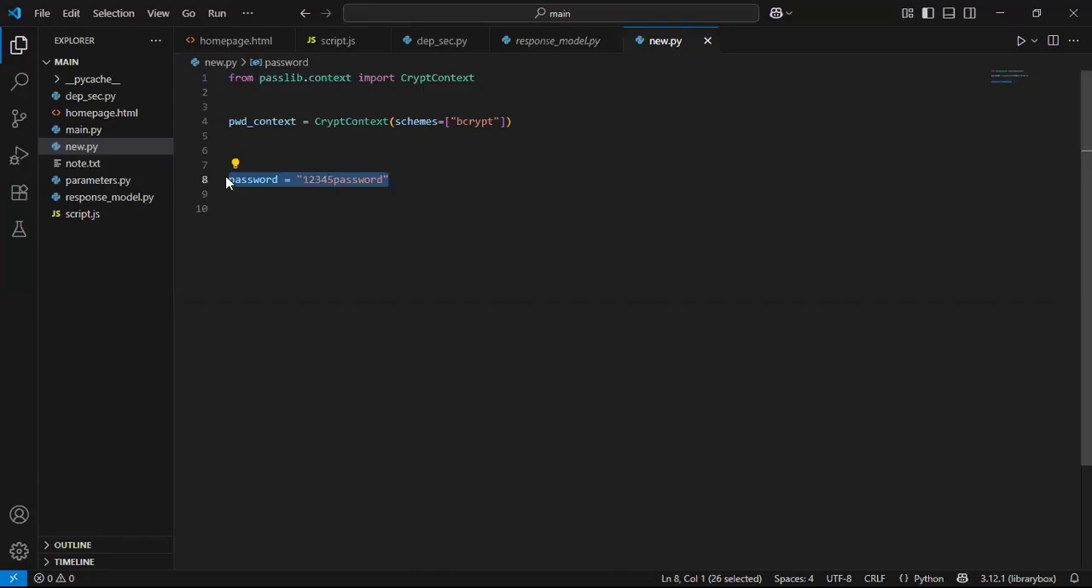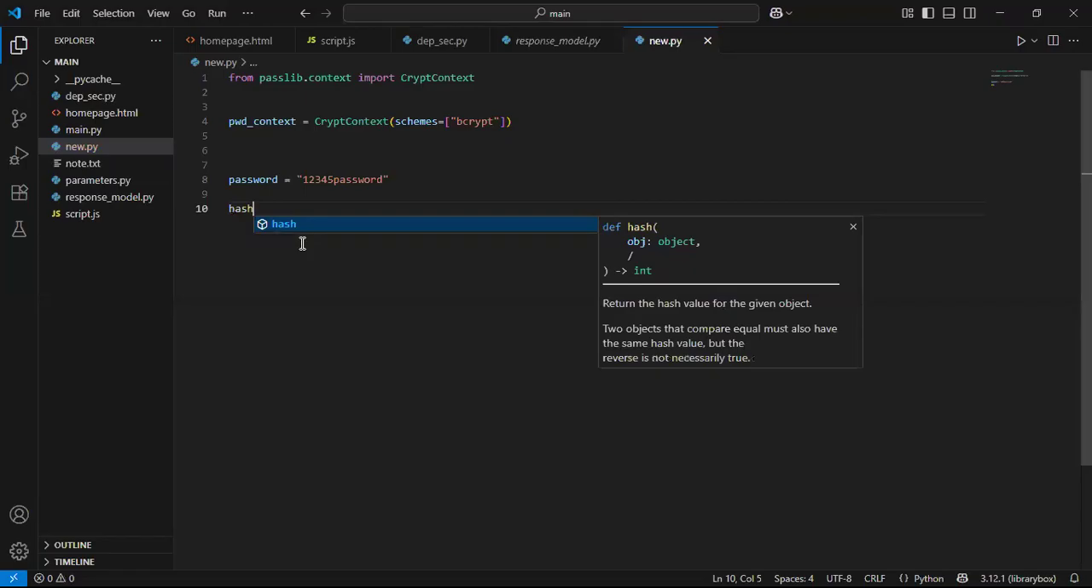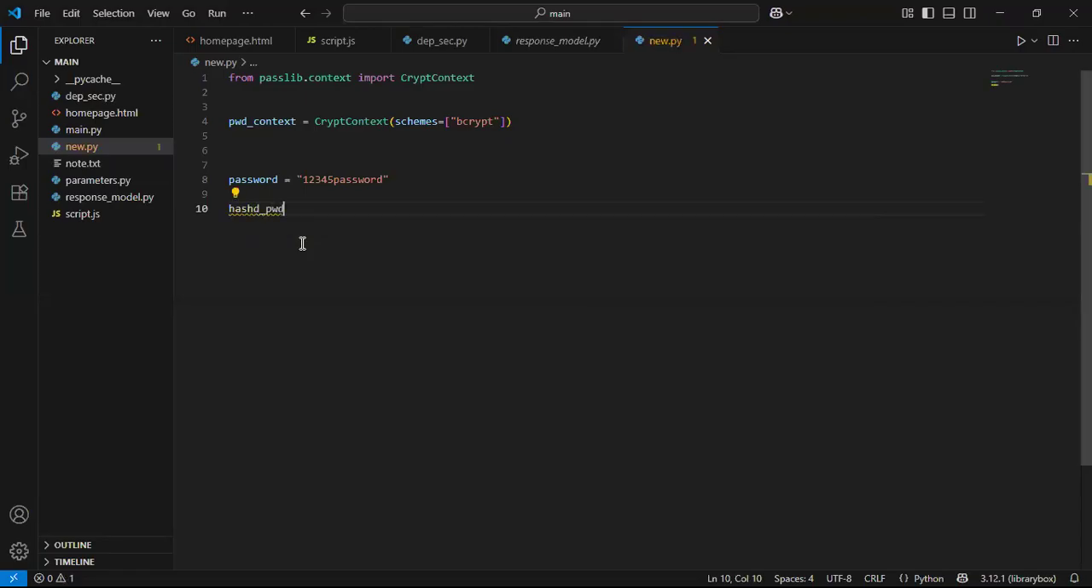Okay. So let's go back and let's continue again. All right, so let's go and let's hash. I would say the hashed_pwd would be equal to this tool being the password context. This is the variable that holds the invocation of that class that does the hashing. So basically, that class, dot